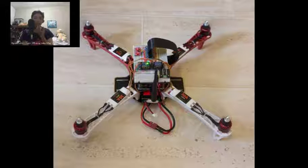This drone was made by students in the University of Connecticut. They developed this to show the power of Raspberry Pi to the world. Other samples of